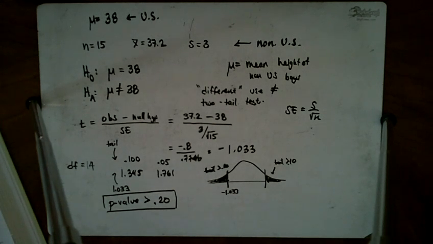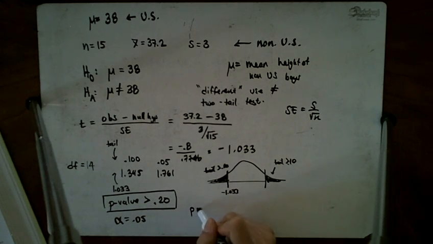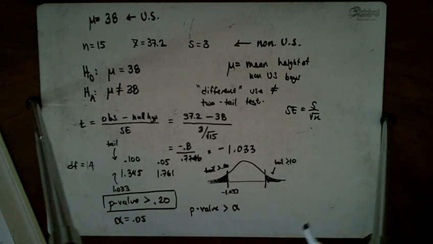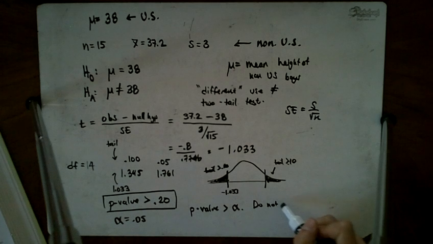Alright, and so it says use a significance level of 5%. So significance level is alpha. Alpha is 0.05. Here our p-value is greater than alpha. Our p-value is 20%, which is bigger than 5%. So this means we do not reject